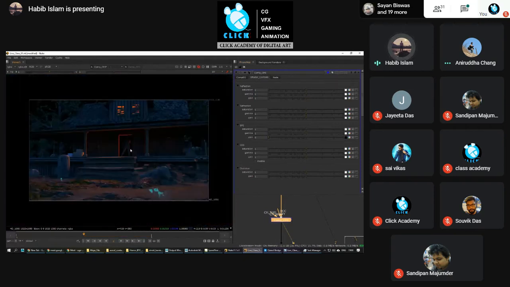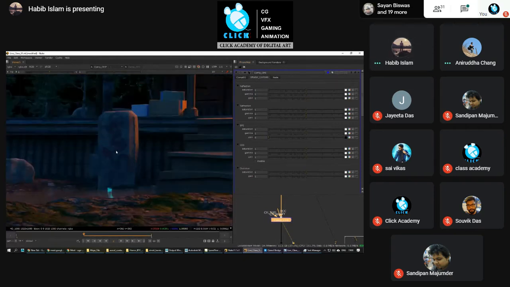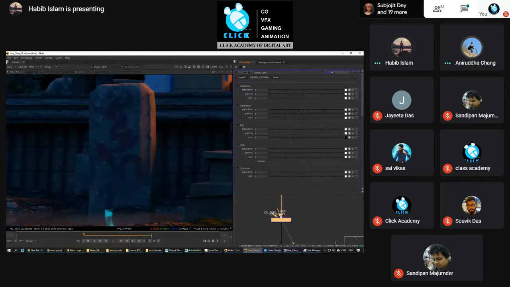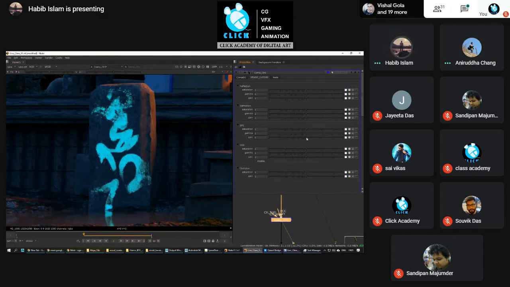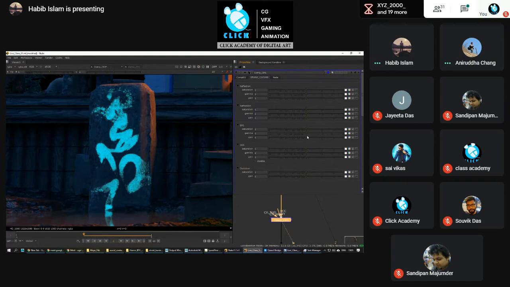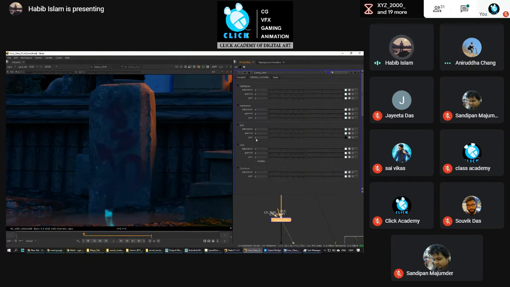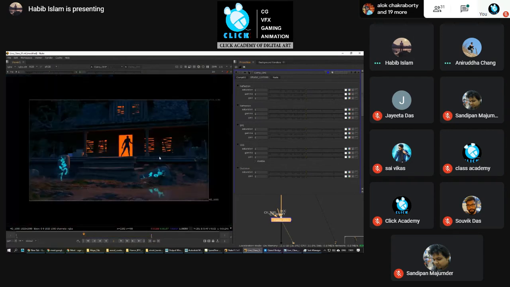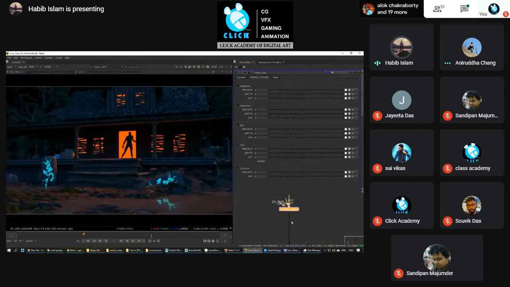Suppose after rendering you're feeling that you don't need this EMI, you don't need this light. So you can go and kill that light, so that whatever diffuse information you had, you get that only. If you want to use brightness or darkness values, you can do that. So this gizmo is used just to control all the values.